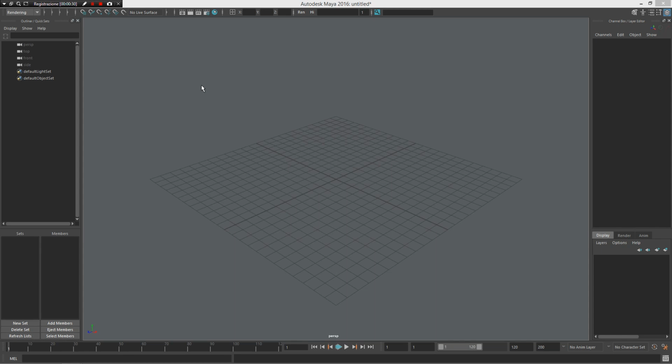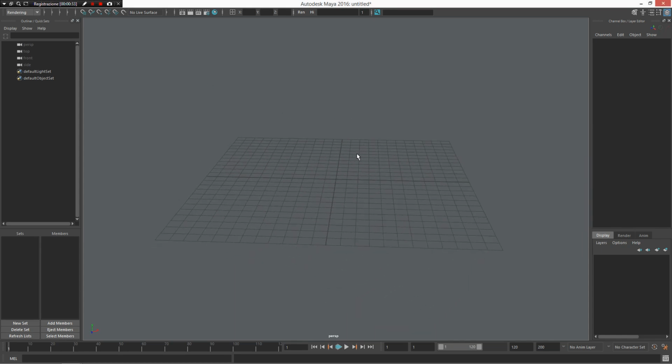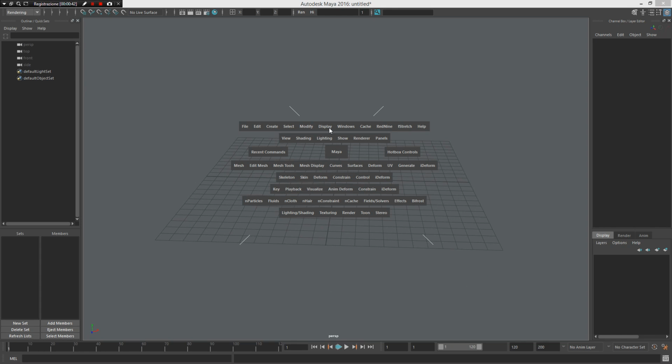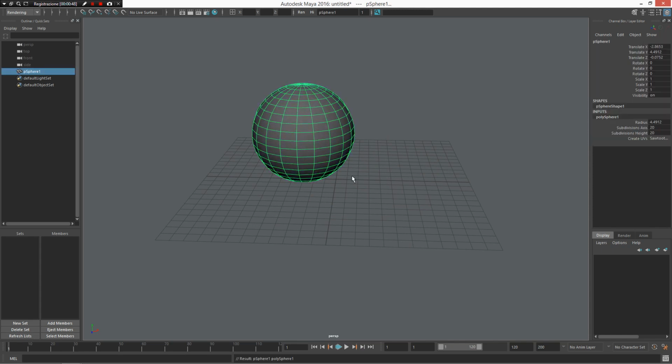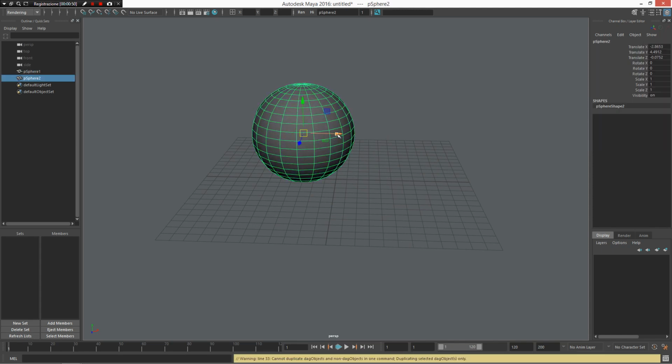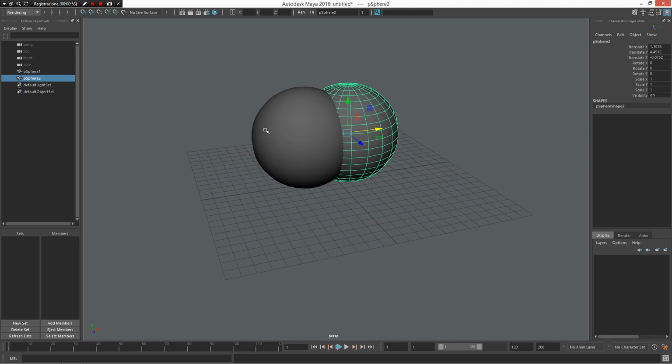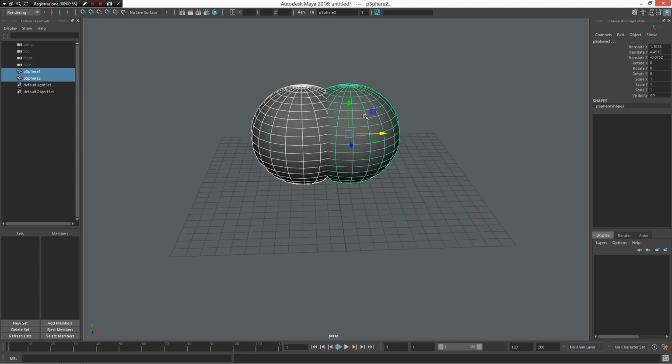In the standard way of creating and managing booleans in Maya, you can have this kind of workflow. Create a polygon primitive, a sphere. You need to duplicate it with Ctrl D, press W, and select the two objects, one and the other one.